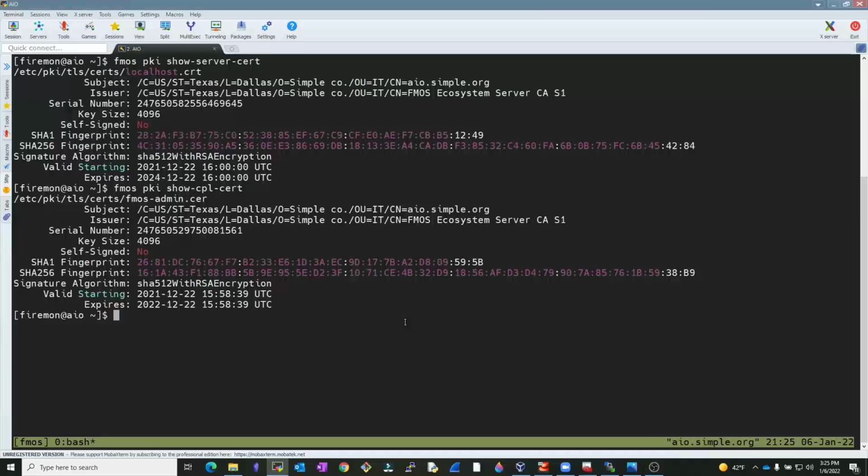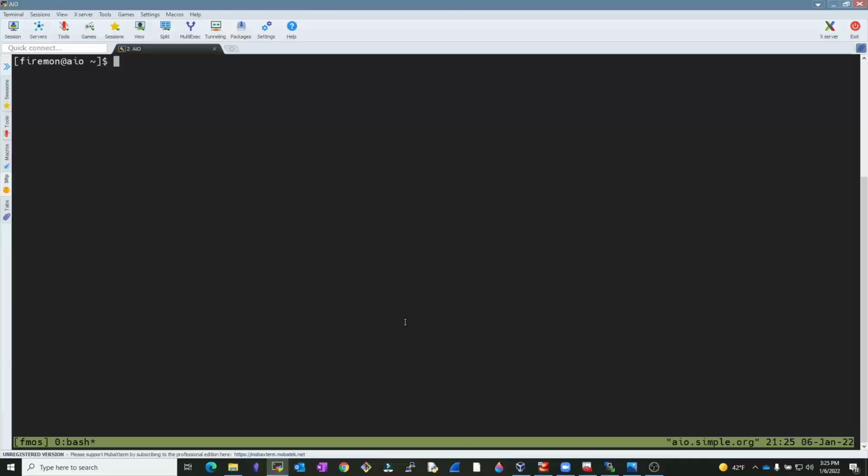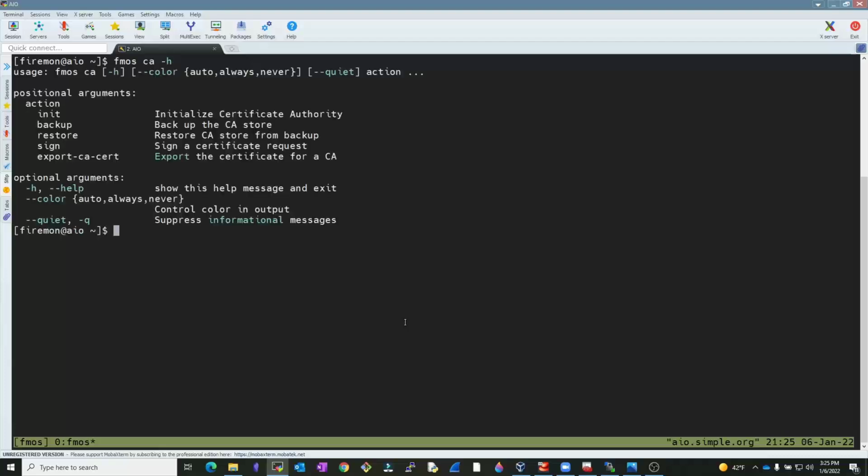So to export the root certificate, we're going to be looking at a menu that's a little different from the PKI command we saw above. So let's go ahead and clear the screen. Whenever working with certificates locally, it's typical that it'll be fmos pki, but in our case, we're going to be exporting the CA certificate, so that'll be done in the CA menu. And just like the PKI menu, you can do a -H and see the context of the commands. So what we'll need to do is export a CA certificate. So we'll do fmos CA